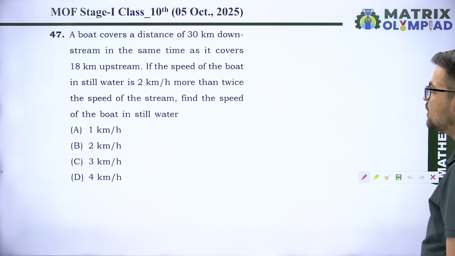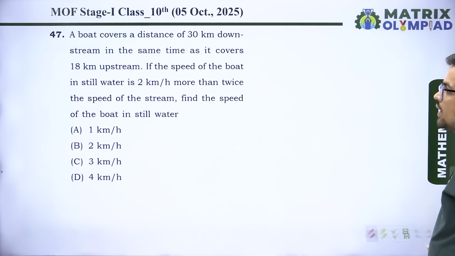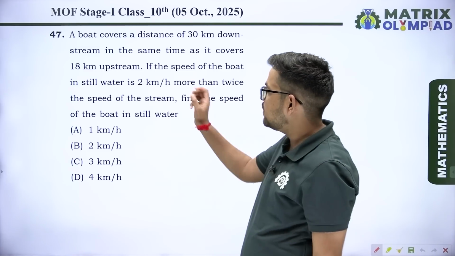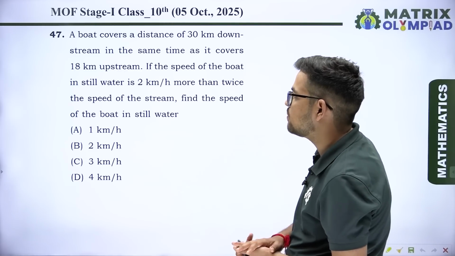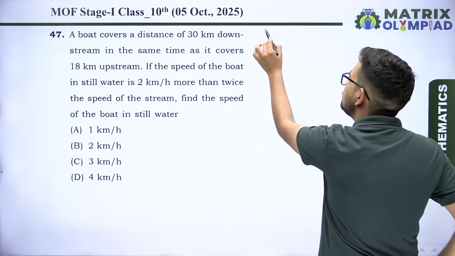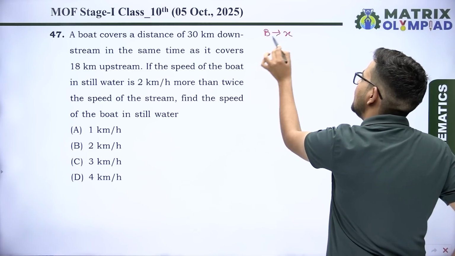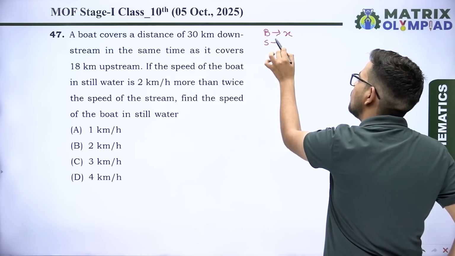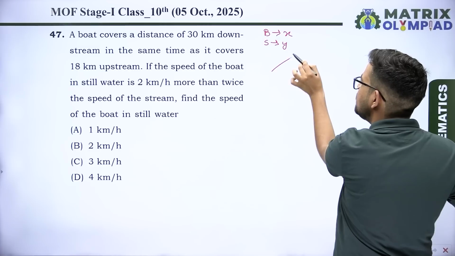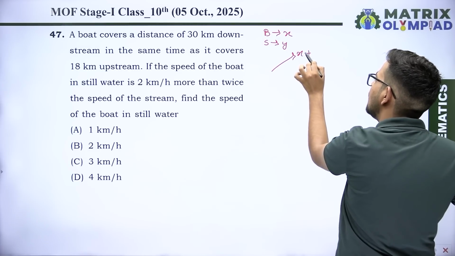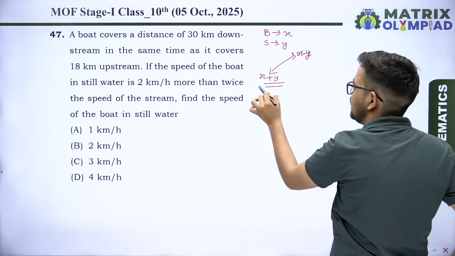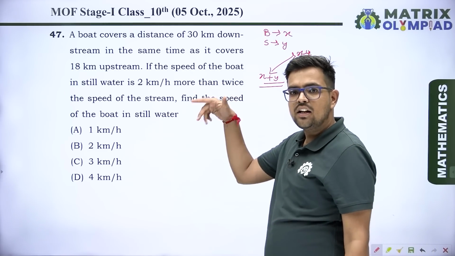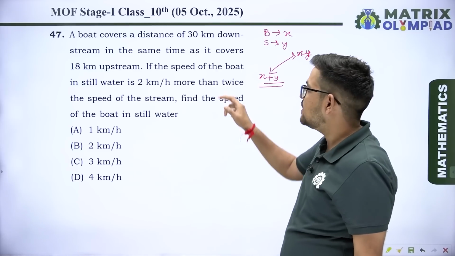Next question is: if a boat covers a distance of 30 km downstream in the same time as it covers 18 km upstream, if the speed of the boat in still water is 2 km/h more than twice the speed of the stream, let the speed of the boat be x and the speed of the stream y। So if it is going upstream, the speed will be x - y, and if it is going downstream, the speed will be x + y।